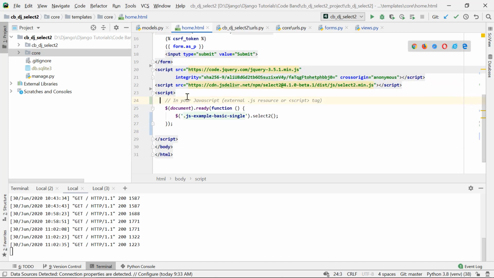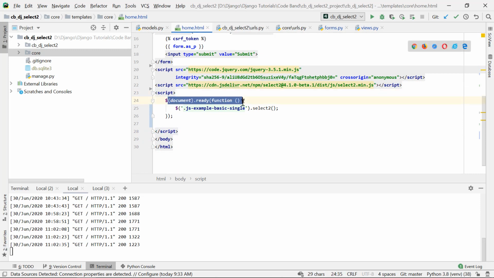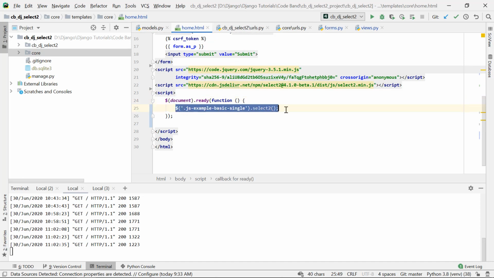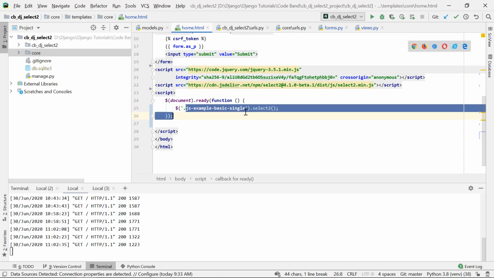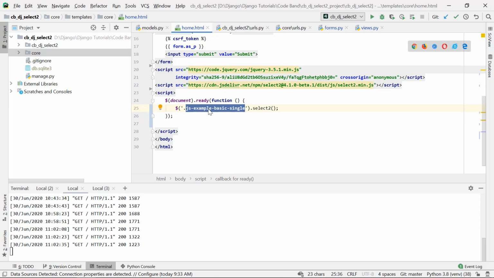Now this is actually nothing, but I'll just get rid of this comment here. So $(document).ready function: whenever the document gets fully loaded, then execute this anonymous function. Inside it, we have a jQuery selector. So dollar. In this case, this is actually a class where the default select input is